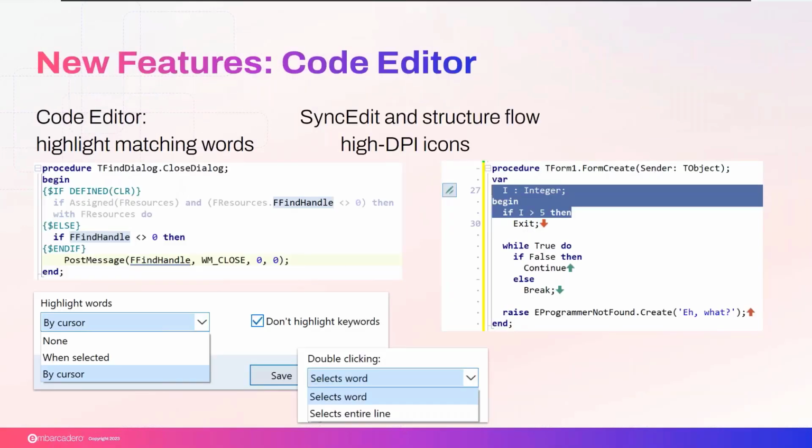A handful of new features on the code editor. We have one I personally really like, which is highlight matching words. This has been available in other IDEs. Now it's also included in RAD Studio, which is pretty much you select a word and then you will see the rest of the same words highlighted in